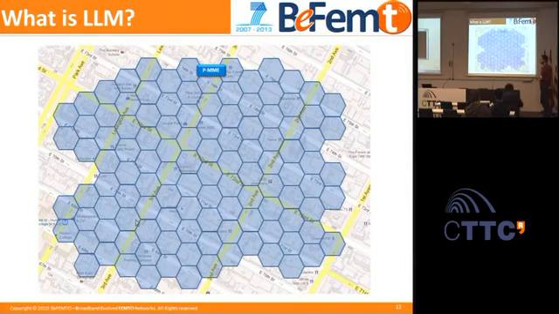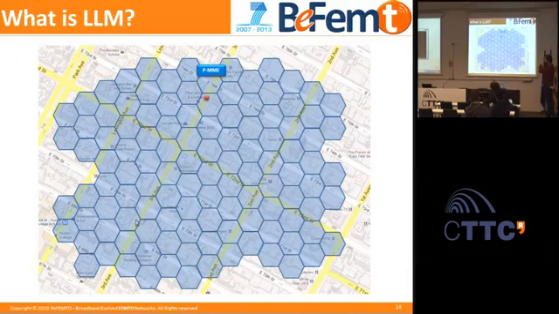Here you have the proxy MME, as explained by Josep before, which is the entity in the network of femtocells that manages mobility. It's the brother of the MME, but in the network of femtocells, right? And you can have a UE, for example, which is moving around. And as you can see,